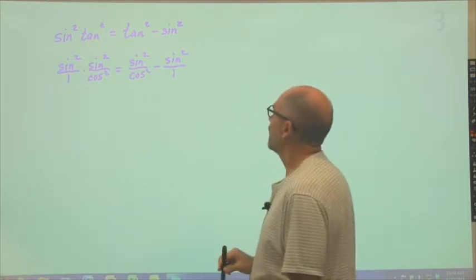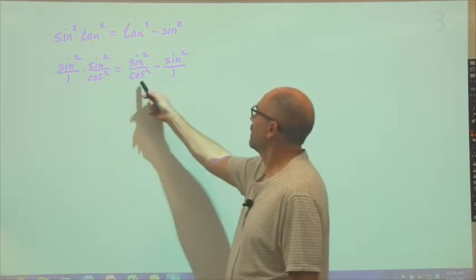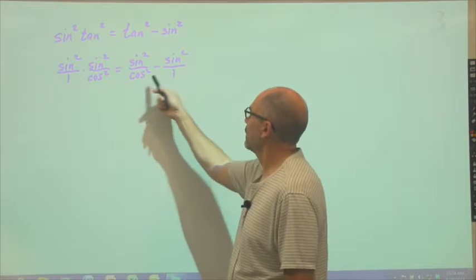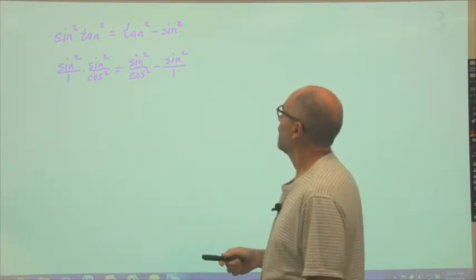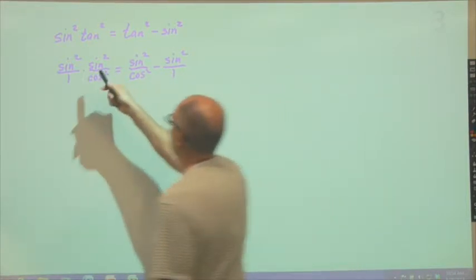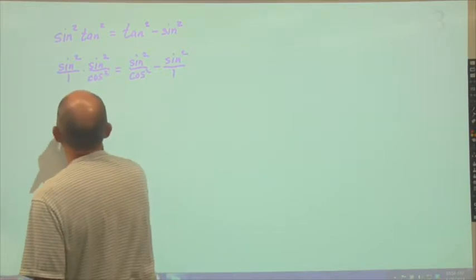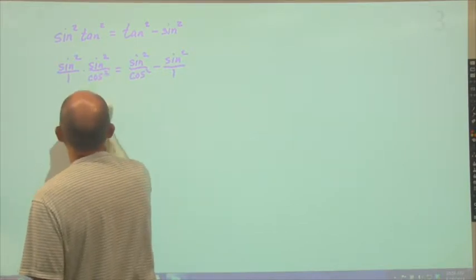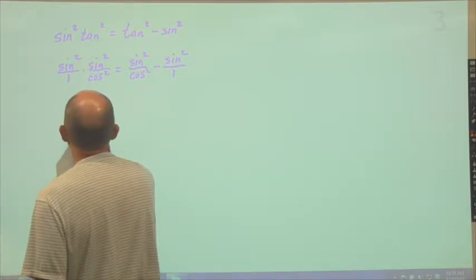All right, now, the key thing we need to do here is get common denominators. So I might as well just multiply the left out. So I have sine squared, or sine to the 4th, over cosine squared